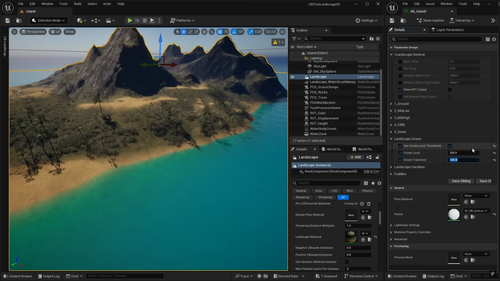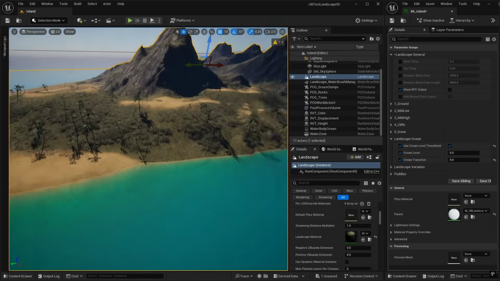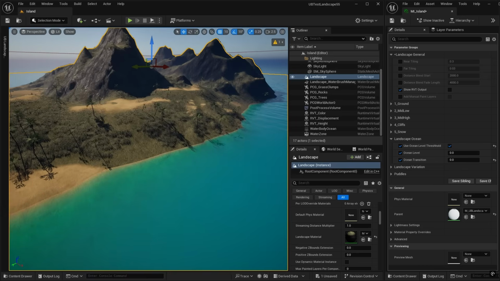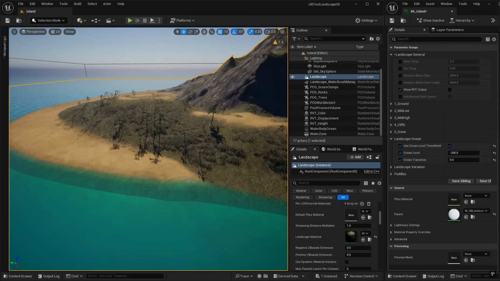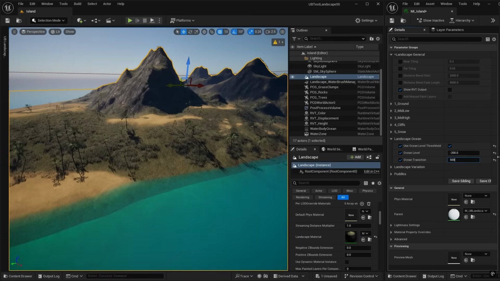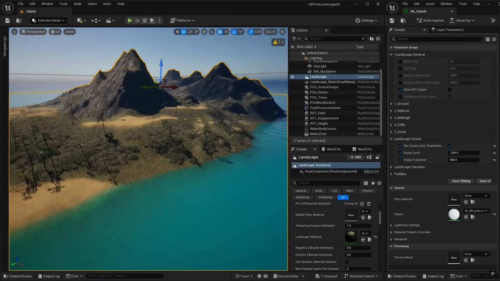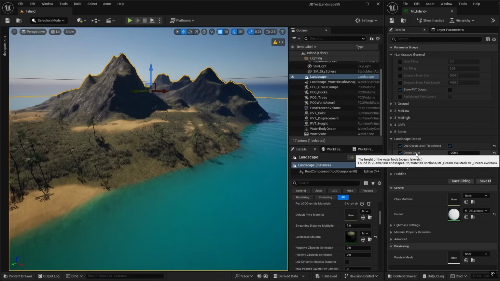So by putting something like 200, you can see now the grass blends into that ocean level. We can reduce the ocean level as well. If we make that 0, it's exactly where the ocean is, so you get an exact match there. Or you can put it below the ocean level as well, and then I can set the transition to a larger amount, say 500, and that's blending that grass just beneath